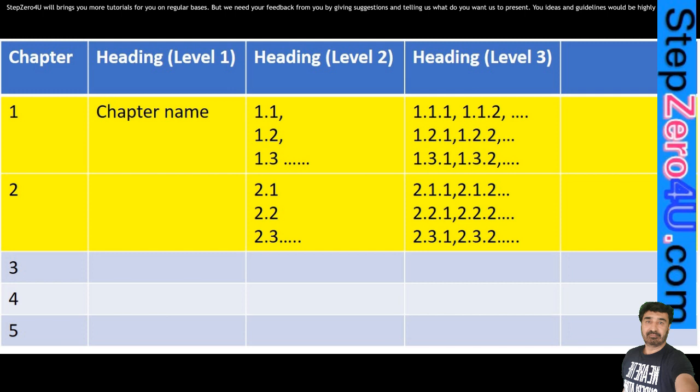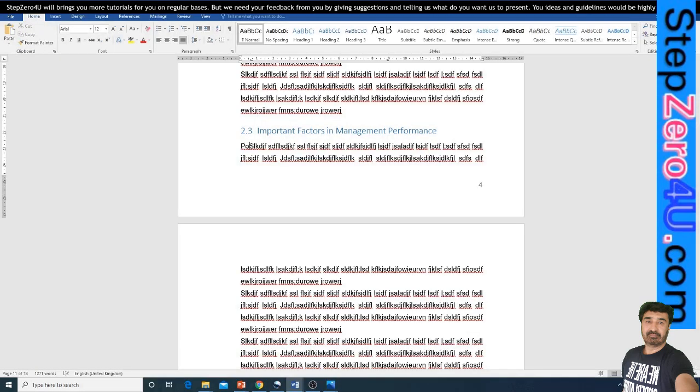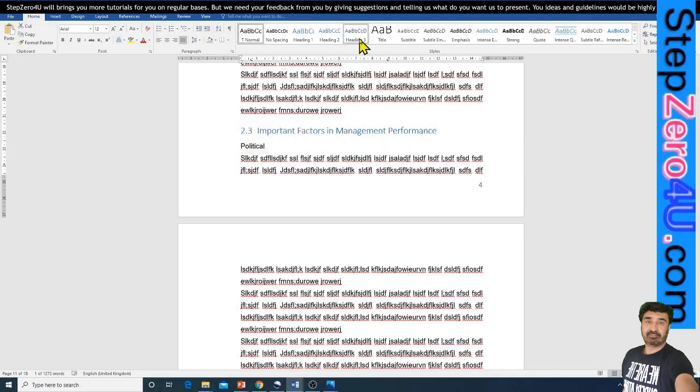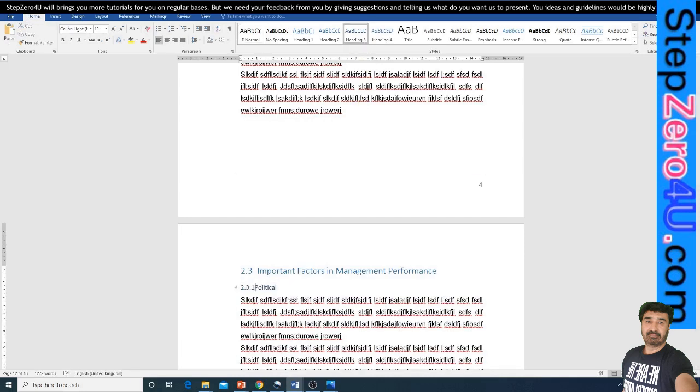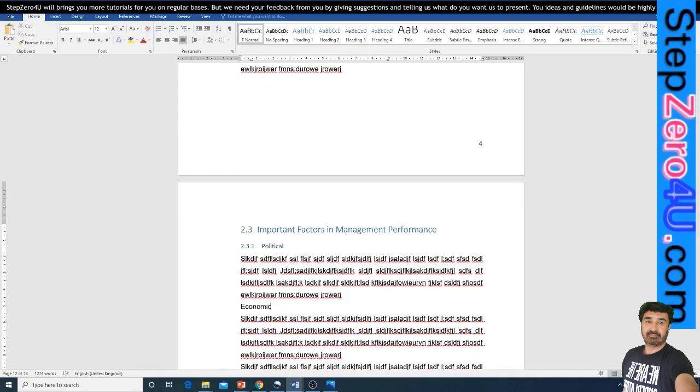The numbering of a level 3 heading will be chapter number dot level 2 heading number dot level 3 heading number. Level 3 headings under a level 2 heading in chapter 2, for example: the chapter number is 2, so the number will start 2.x, that is the level 2 heading number, dot x, that is the level 3 heading number.